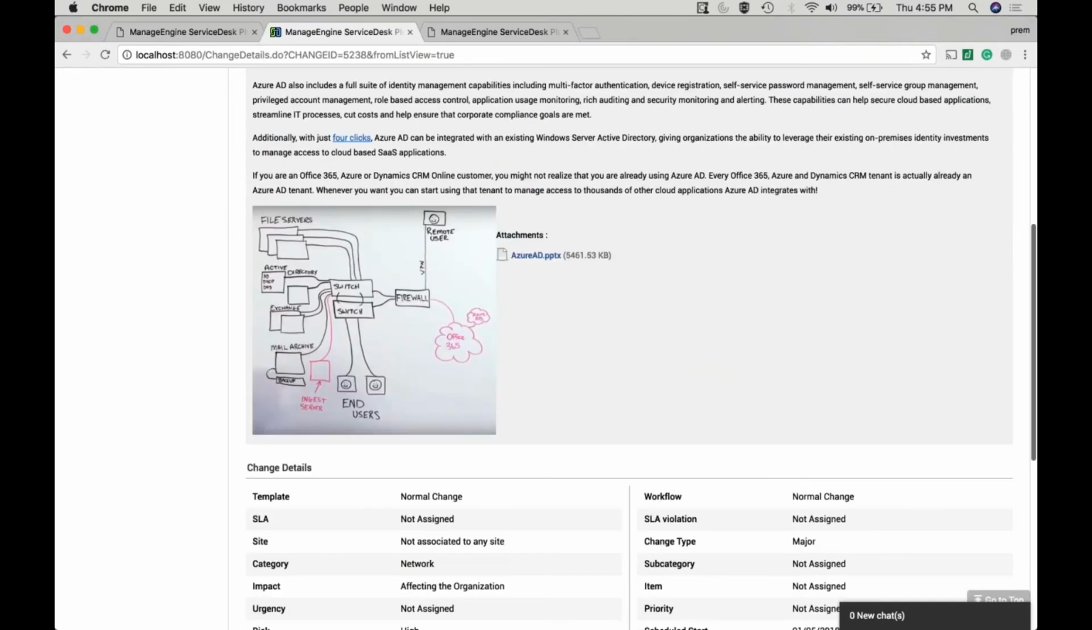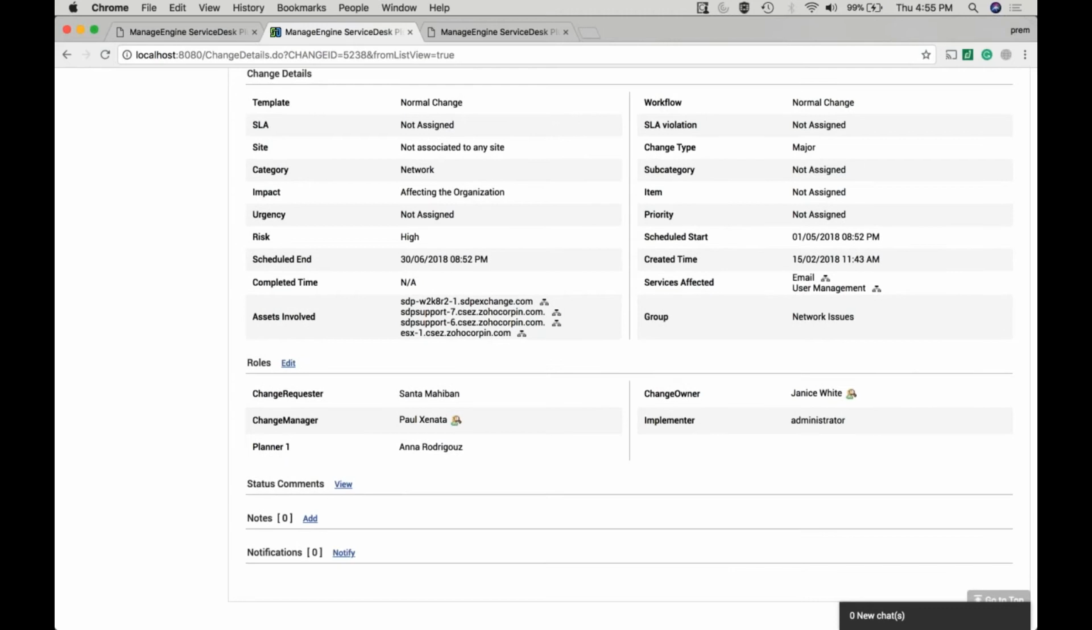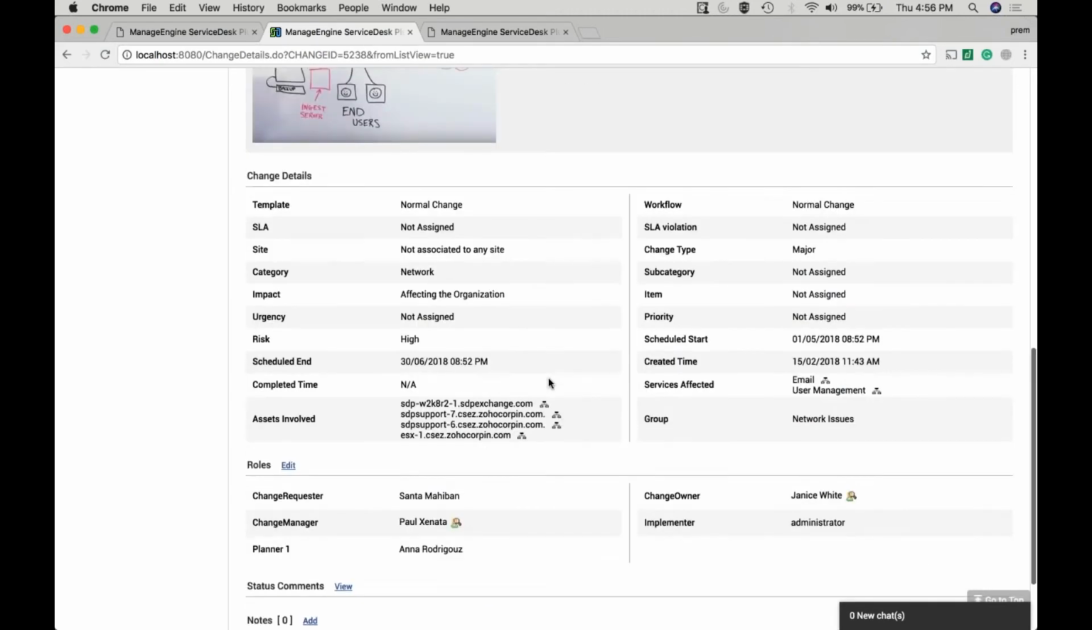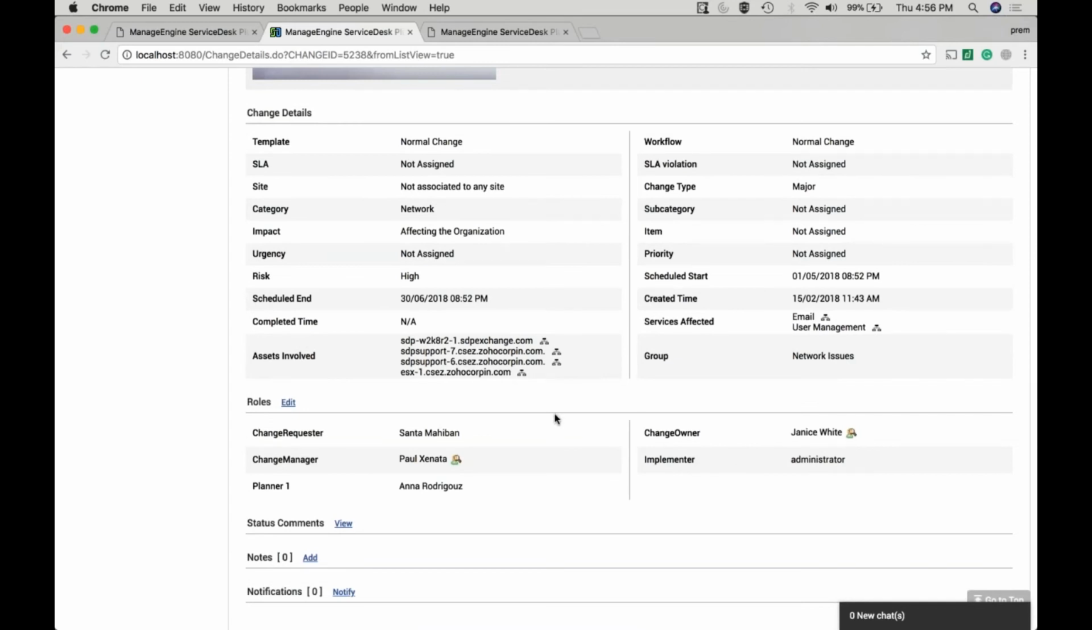All right. So these are all the details that are available in the submission stage. So you've got the brief plan, you've got the change details, assets that are involved, the services that are affected, and also I have brought in an expert team making use of the change roles. So with that, I have completed the submission stage. Now,